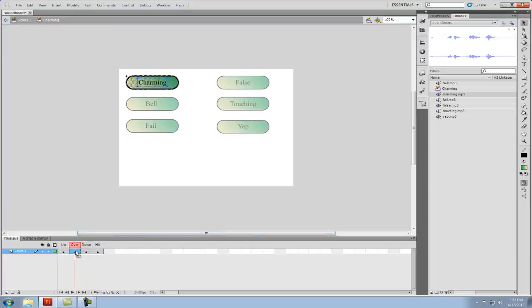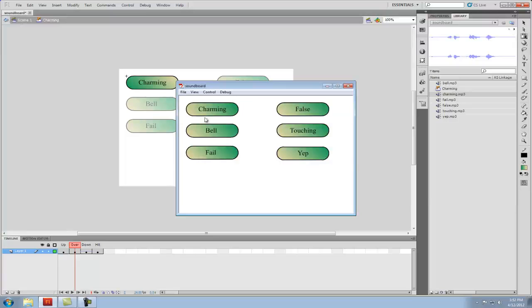I also want to go to my overstate. Hit F to get to the gradient transform, and I'm just going to spin this around so it changes the other direction there. And now what I want to do is give this a quick preview. So I'm going to hit Control Enter, as you see, and the overstate that it changes, and then when I click it, which will be the downstate,